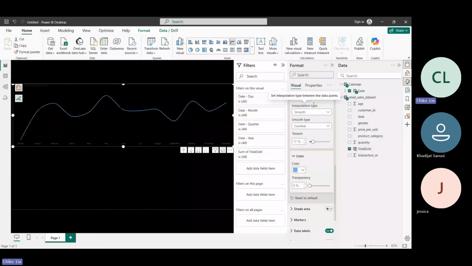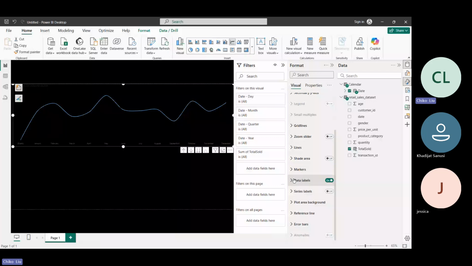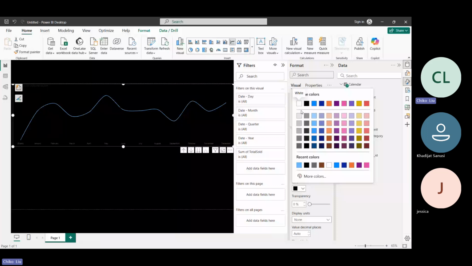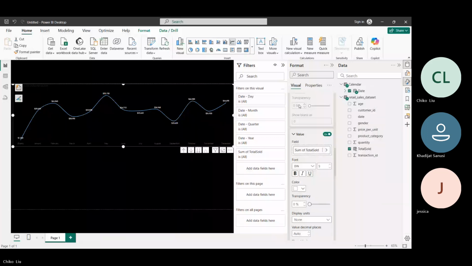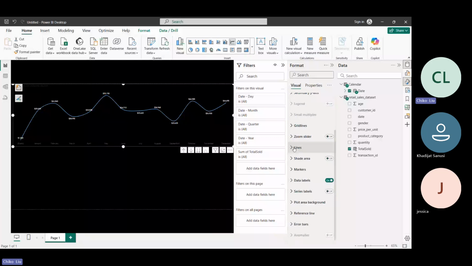Now, what of my text? I'll go to where my data label is, and I can just come to the color and make it maybe white. Do you see what I mean? Then I can go to my